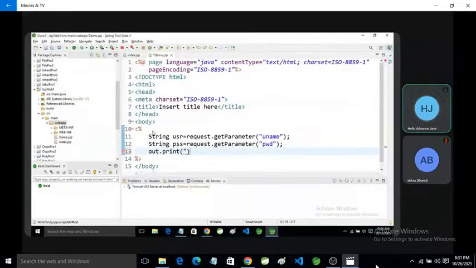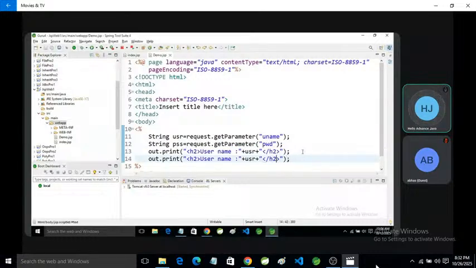We can use here the user name, plus the password, okay, same as we can show the password.